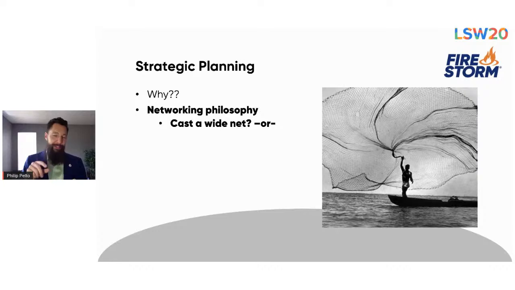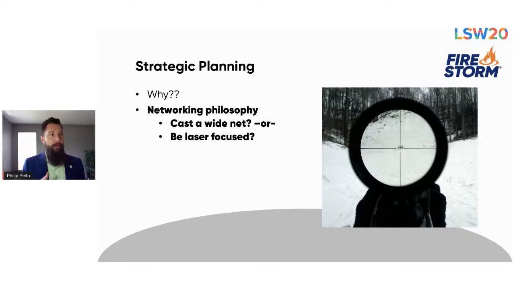They're the lions, the LinkedIn open connection or open networkers, and they have like 8 million connections or whatever. So that's one way to do it, and I'm not saying that that's wrong, but the second way that I like to approach things, and this is my personal preference, is to be laser focused. I'm super strategic about who I want to connect with, what the end game is, how I'm trying to build and cultivate that relationship and that network, and what does it look like,